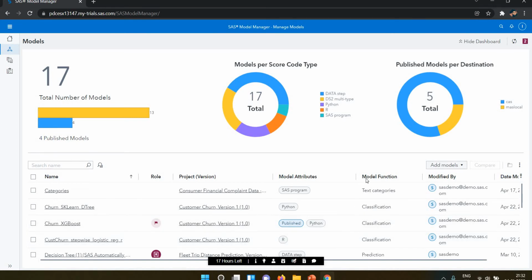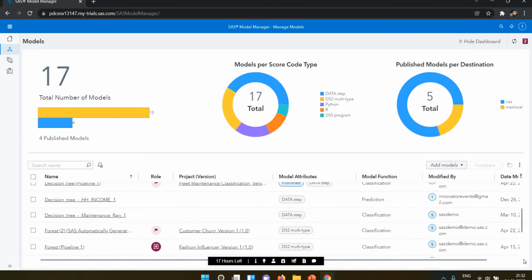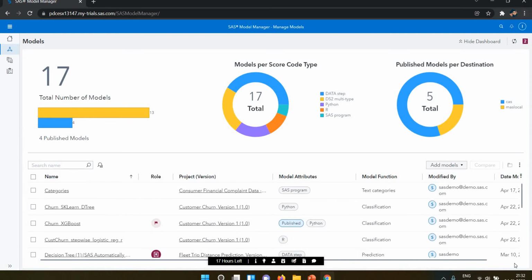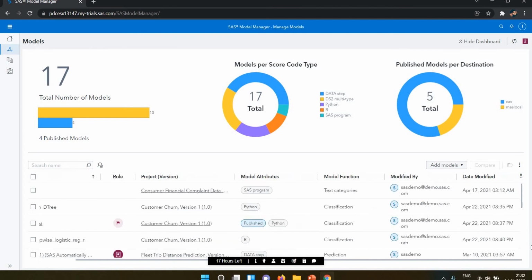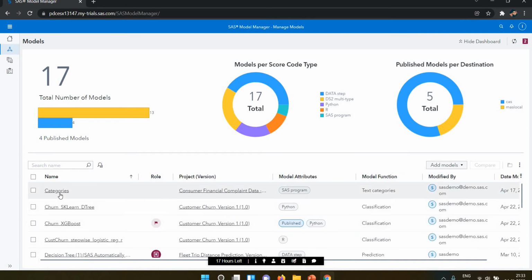The model function is related to text categories, classification, predictions. And modified by, so this is the SAS demo data, and date modified. All of these are available in the SAS model.